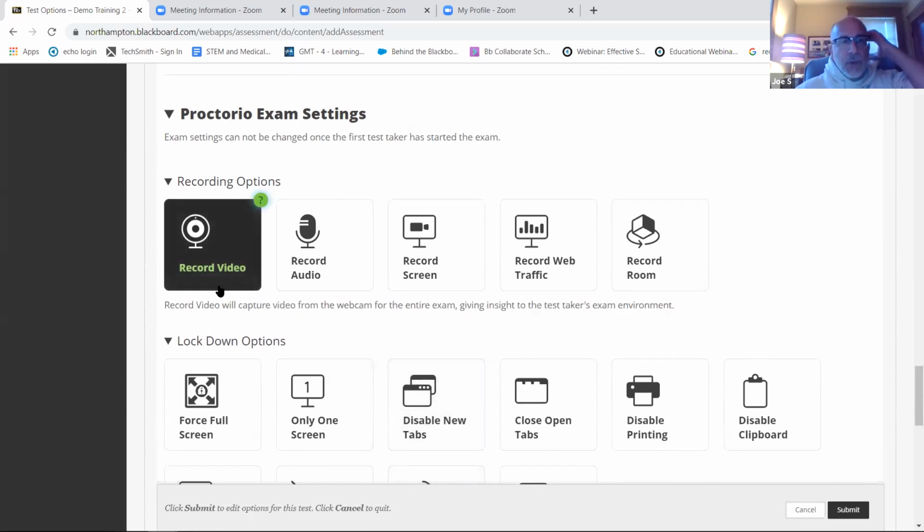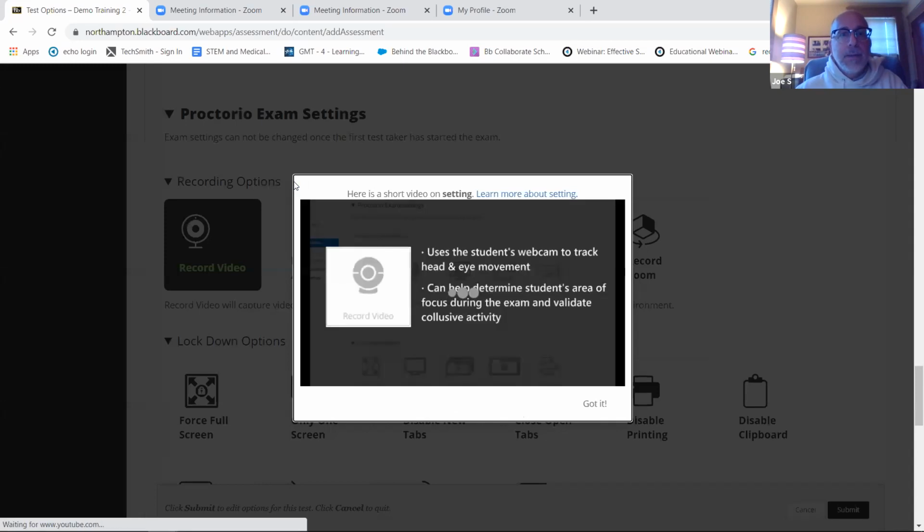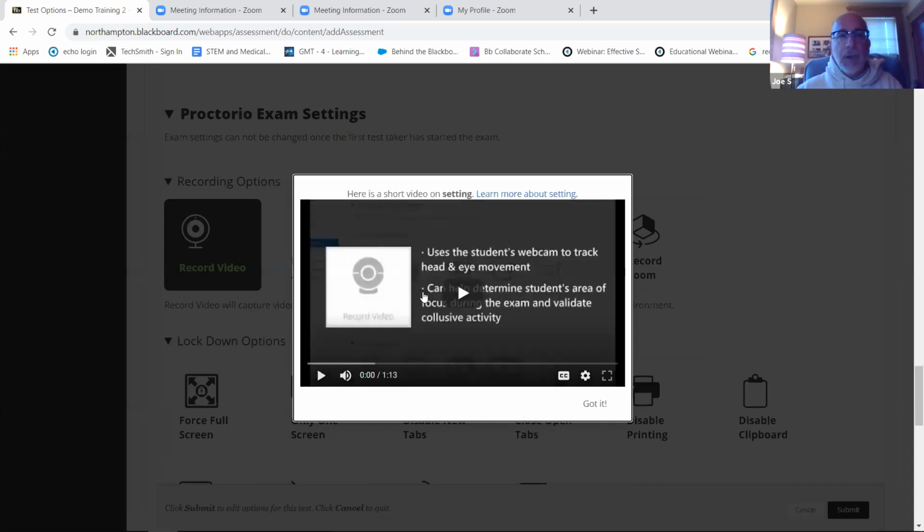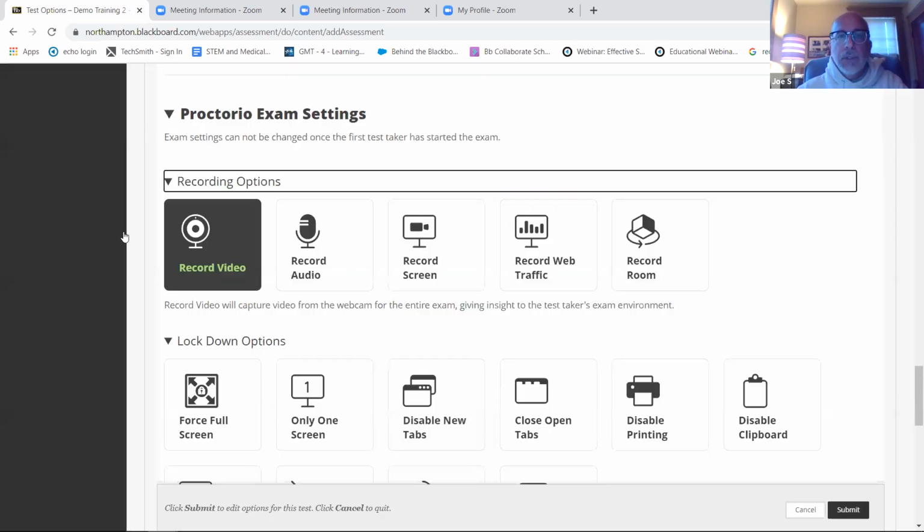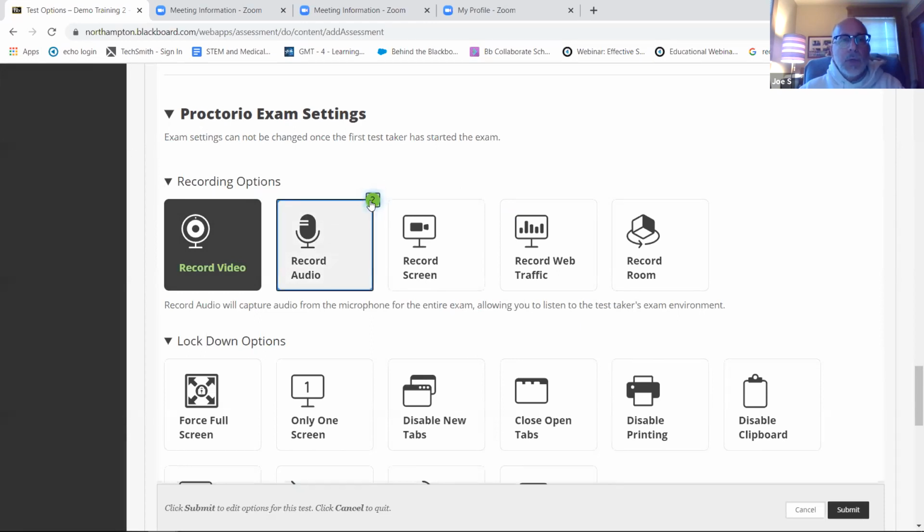Okay, so first off, you have your recording options, and they're categorized kind of nice. But if you don't understand what this category is, look what happens when I hover over it. Okay, I get this question mark. And when I click on it, oh, here's a short video about this information of recording options. All right, hopefully good stuff for you. Just click away. And if you want to know particularly about the recording option here, the record video, record audio, click on that question mark.